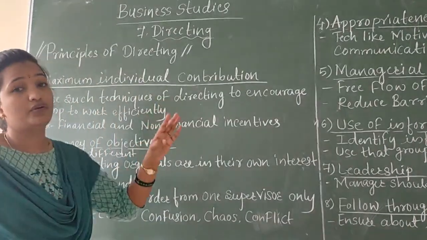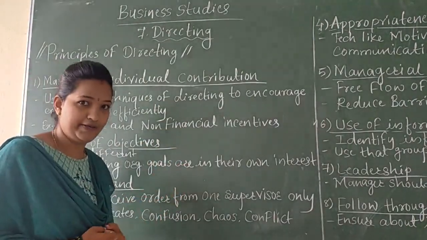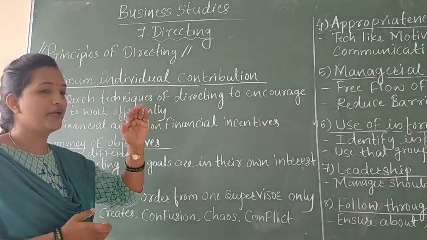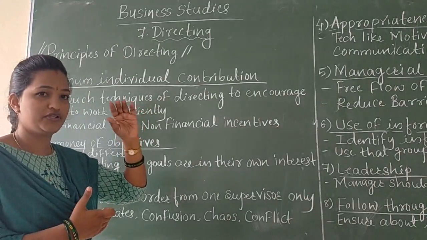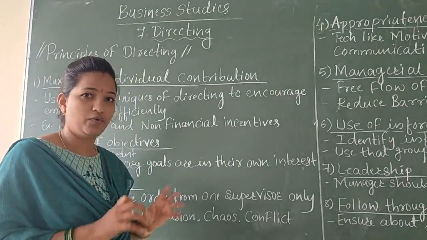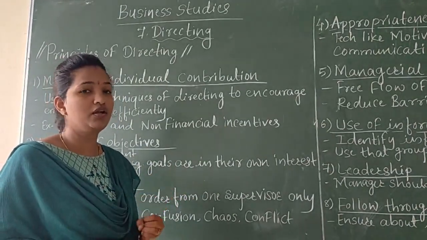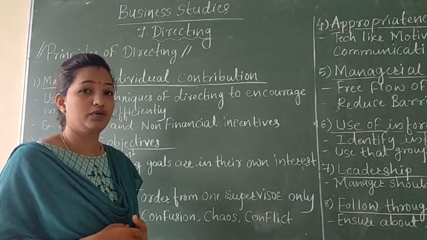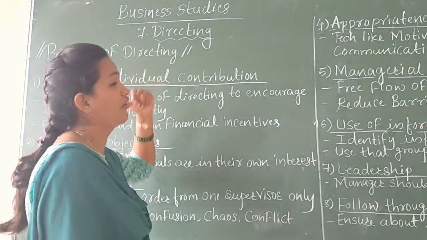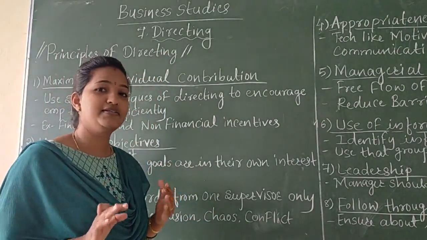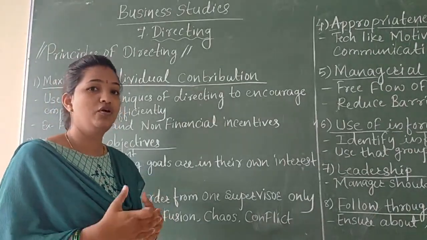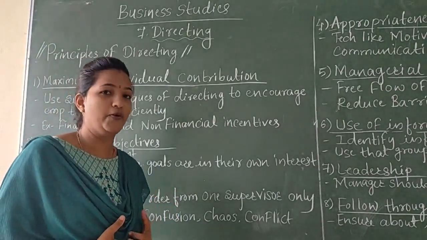While you are directing your subordinates, the directing process happens between superior and subordinate, otherwise head and you can call the boss and worker. Between boss and worker the directing process is carried out. But who is going to do this directing process? A manager, because it is a function of management. Directing is a function of management, so it is always the responsibility of the manager to direct their employees.